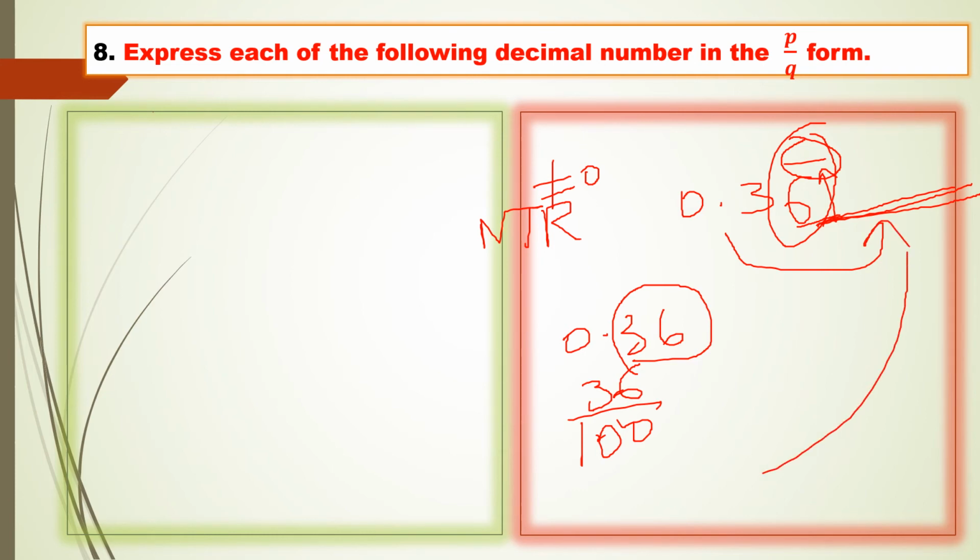Then I cannot write the division like this. If there are 2 digits I can write 2 zeros. But if we don't know where the digits end, how many digits are there, then we cannot divide by any particular number of zeros. So there will be one more procedure for that.